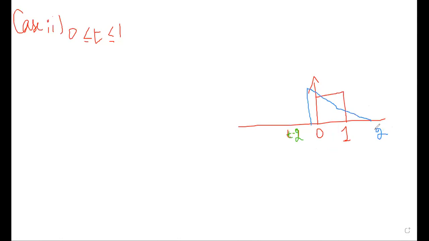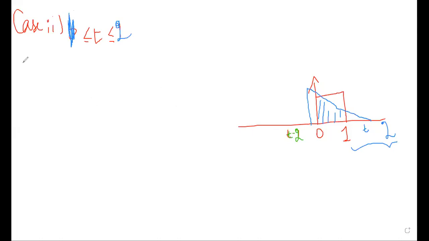So between 0 and 2, I will get the signal overlap, meaning the shifted signal will be there between 0 and 2, and the common portion is... Am I clear, everyone? So now, what is case 3 then? What is the range of t I can write now? So t, I can write it as between 1 and 2. Is it right? I'm taking here t between 1 and 2.